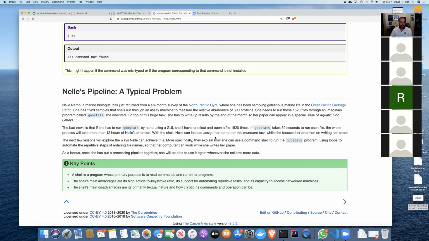So just some key points to sum up before we move to the next episode. The shell is a program, and its primary purpose is that it reads in commands and runs other programs. So it's a way to interact with the computer with text and get it to do stuff. The main advantage of the shell is that it's super productive in that you can do quite a lot of work with very little typing. It's great for automating repetitive tasks, and it allows you to access remote machines, like IBEX or Shaheen or public clouds,